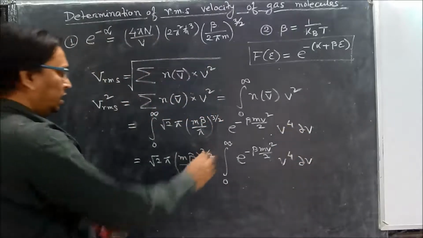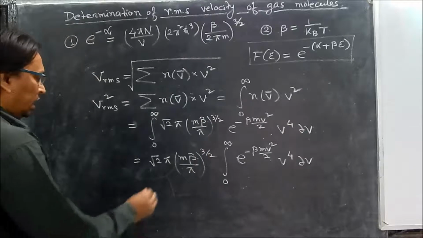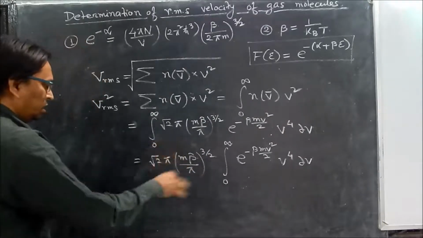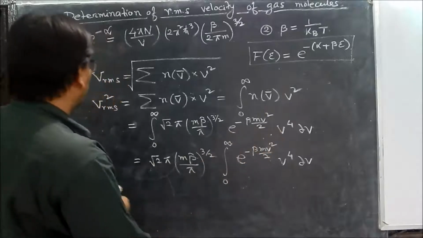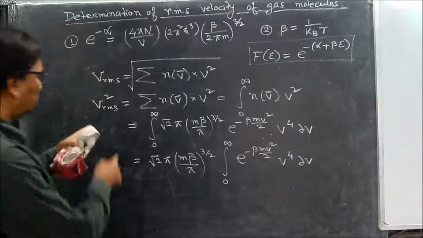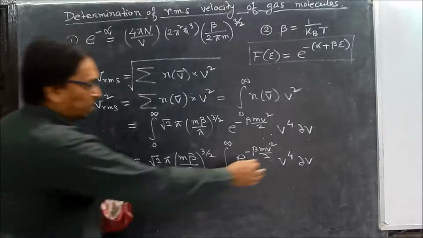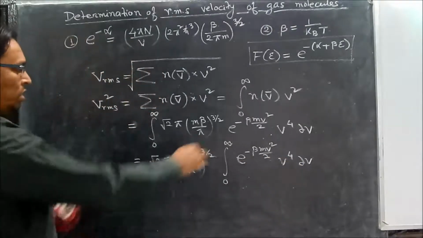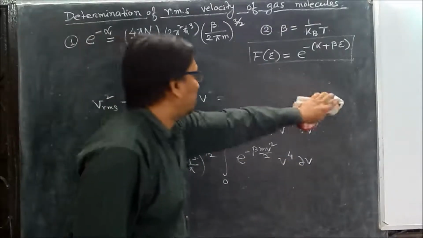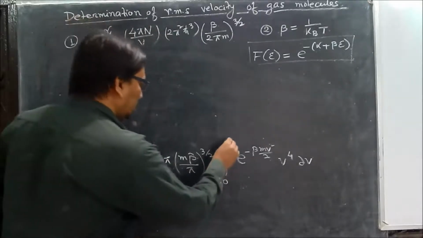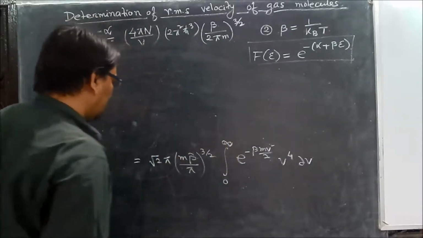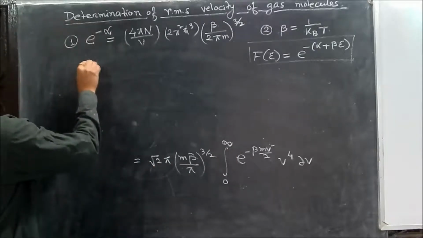So we have to take the integral of this part. Now let us write this. Suppose this thing is a constant. No, let us do the total thing. This is not so much tough. This is actually V RMS square, and the function we are getting is this one. So how to integrate this? Let us see for any shortest process to integrate this one. This can be done in a process.